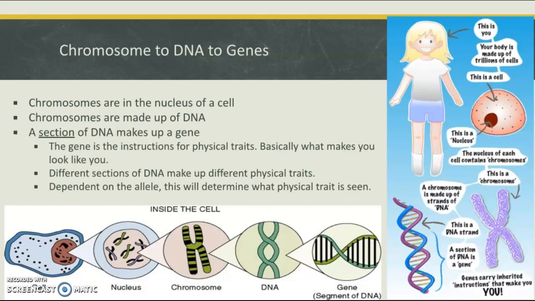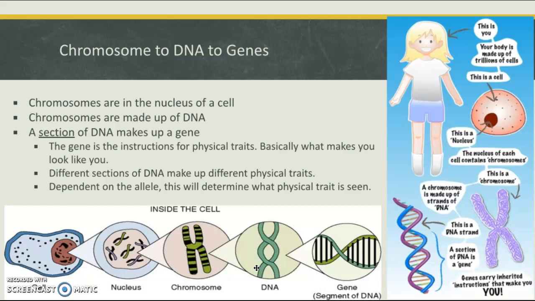As you remember, chromosomes are in the nucleus of the cell. So here's a cell, and the nucleus has the chromosomes. Chromosomes are made up of DNA. Sections of this DNA are called genes. The genes are the instructions for